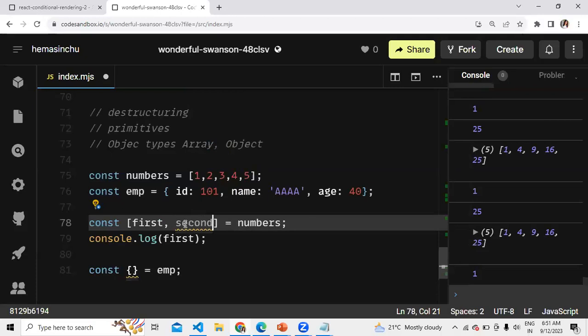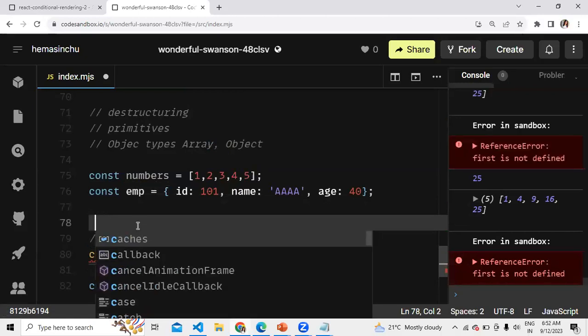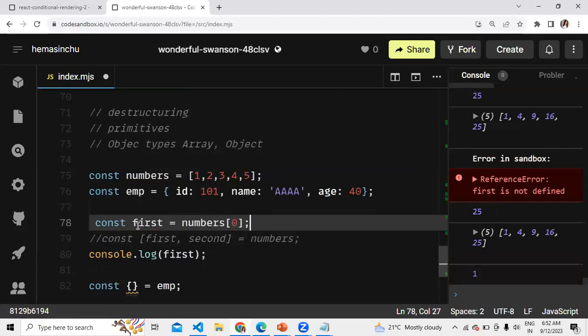What we used to do before having this syntax was to access numbers of 0. Let's say I want first, then I'll say const first equals numbers of 0. I used to access with the respective index.